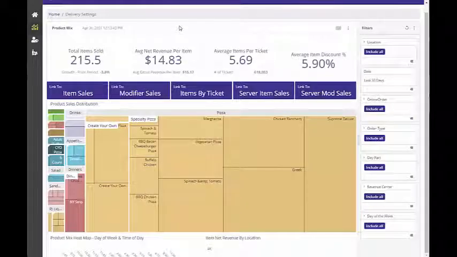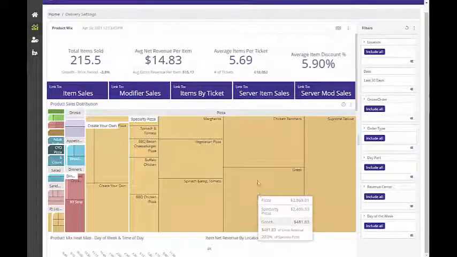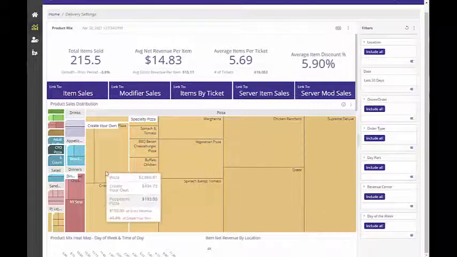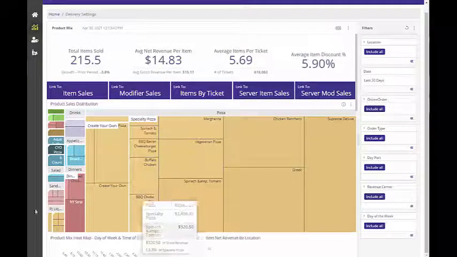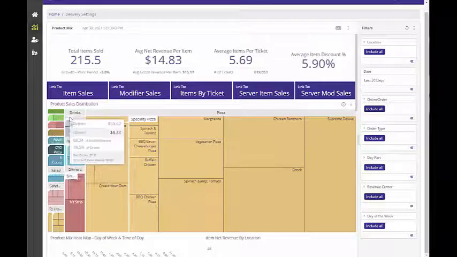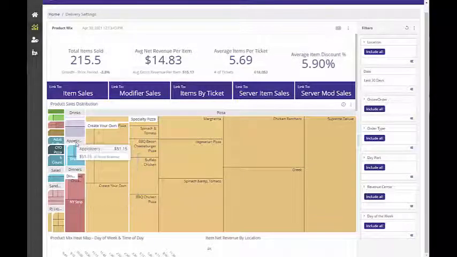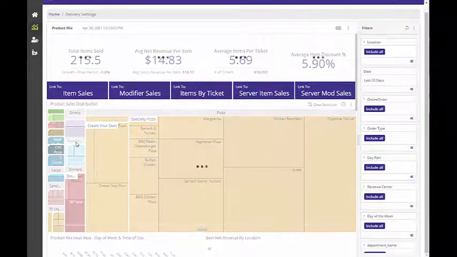Let's look at the product mix dashboard. The product mix dashboard is a useful tool for showing you what's been sold. It has this tree map where the box size corresponds to the contribution to total sales. You can see we mostly are selling pizzas, but we have our other menu items over here. If I want to dive into anything in particular, I can click on a category, and then I'm going to filter the rest of my dashboard by that